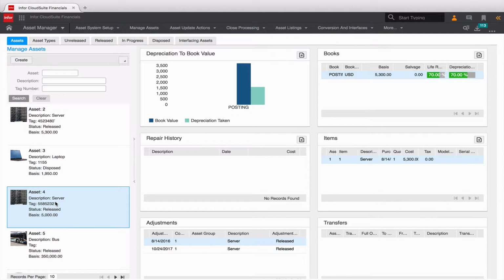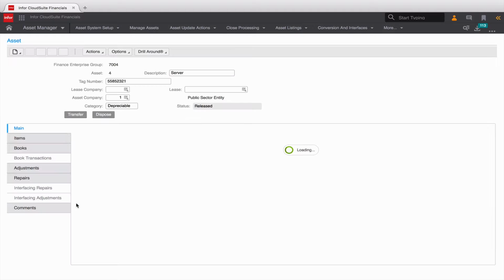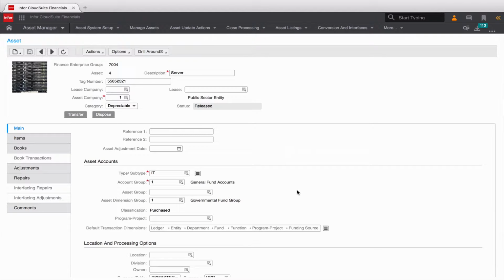So if I select, let's just go down to asset number 4, I can see a little bit more information about this. I've got a few different adjustments that have been made, and I can drill into the details of this particular asset by double-clicking. When I come into the actual asset record itself, I've got information about this asset, such as the description, the tag number, is it depreciable or non-depreciable,